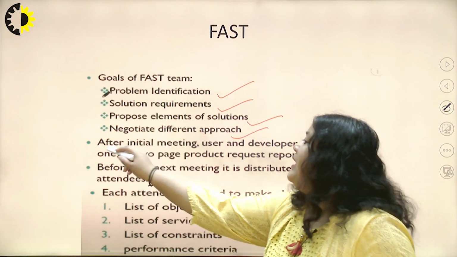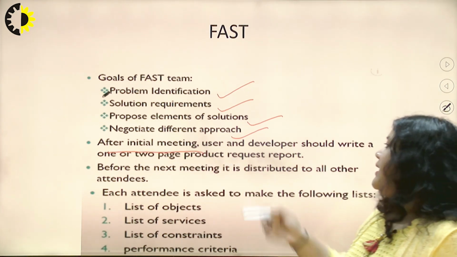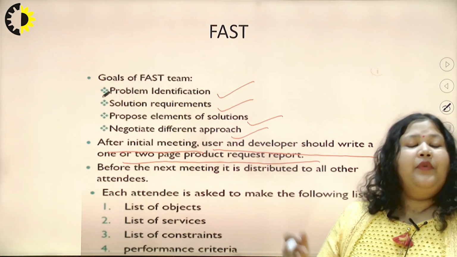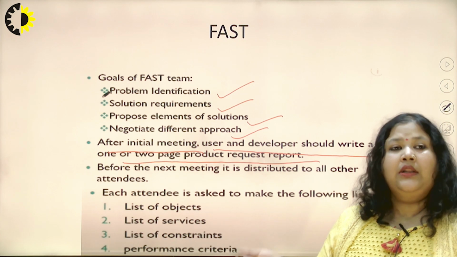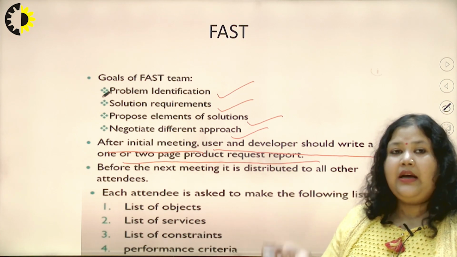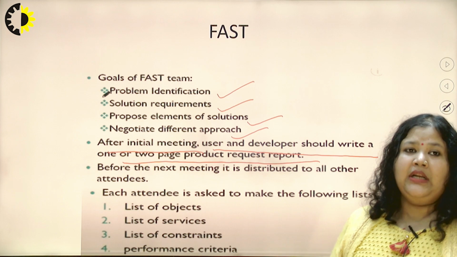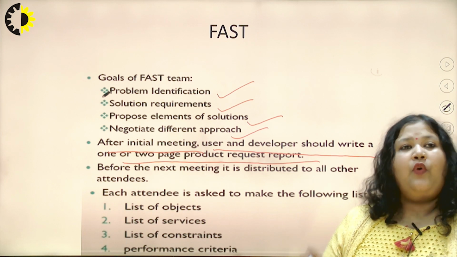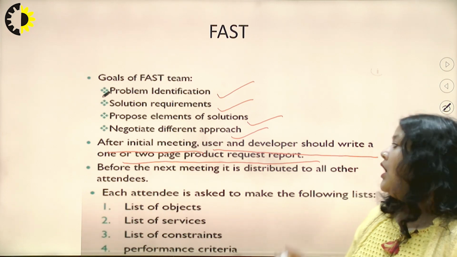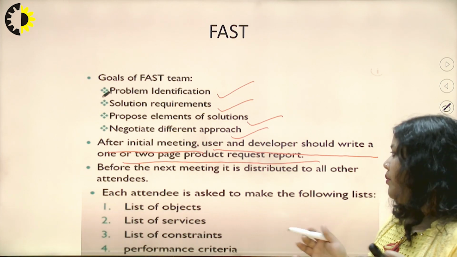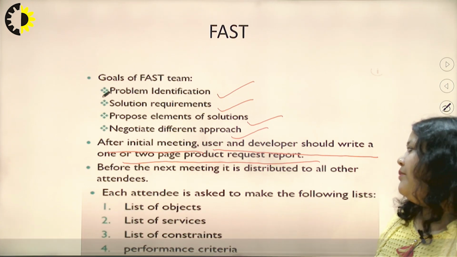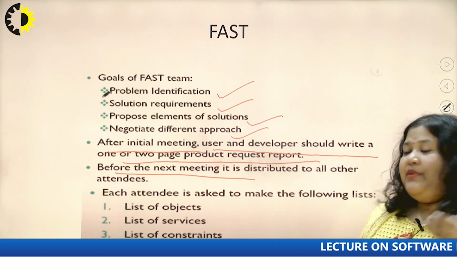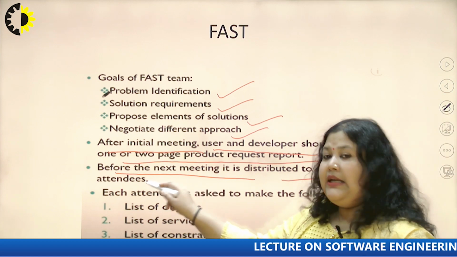Now after the initial meeting, what happens? Basically the user and developer should write a one or two page product request report. When each and every discussion is established, the facilitator defines a report of one or two pages of documentation. This report is completely discussed in the presence of all the stakeholders or committee members. They discuss the solution of that particular problem and find the best solution after the meeting disputes. Now, before the next meeting, it is distributed to all other attendees,